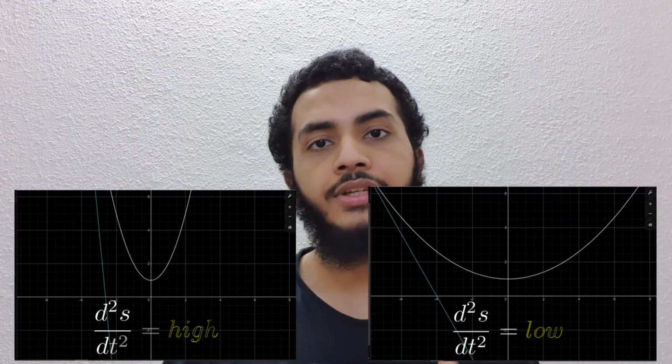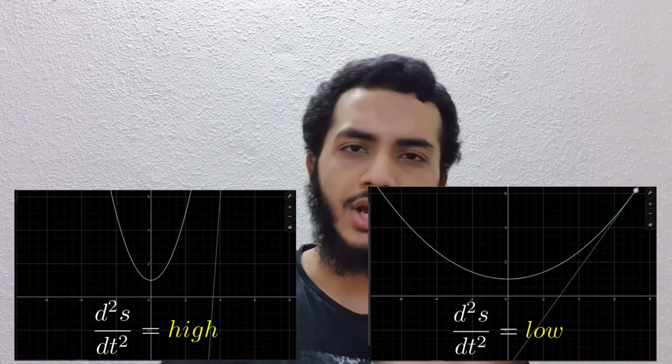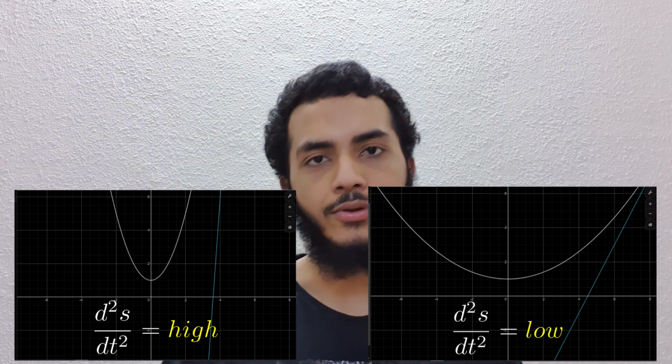This might give us an idea of how the steepness itself changes or how the function curves. If the function curves sharply near a point, then the second derivative is high, and if it curves gradually near a point, then the second derivative is low. Now we know what derivatives mean. They give us information about how a function changes near a point. The only thing left to do is to take all this information and put it all together.